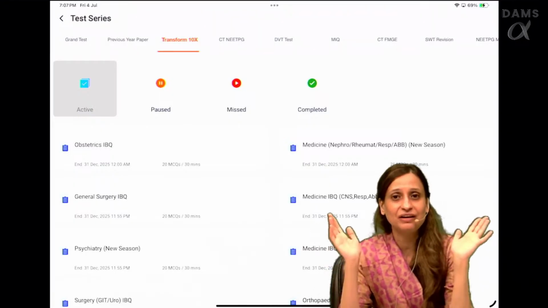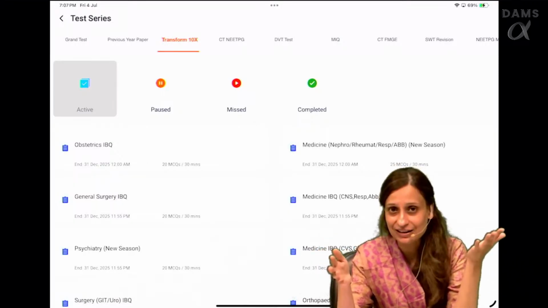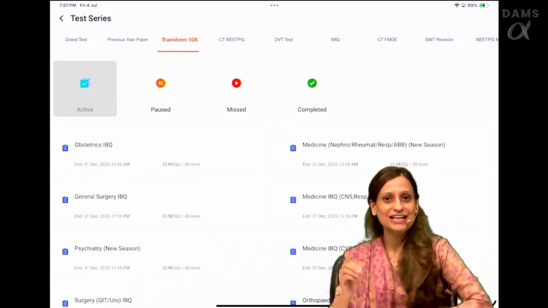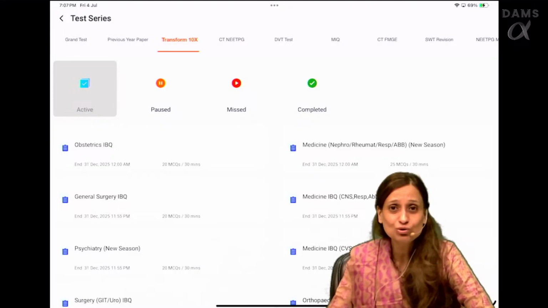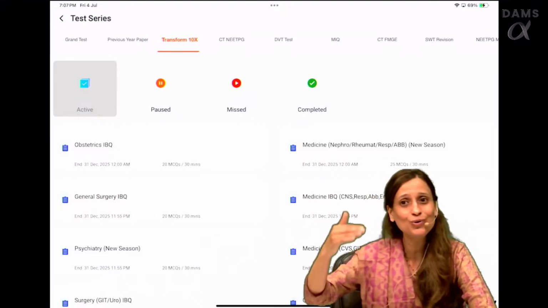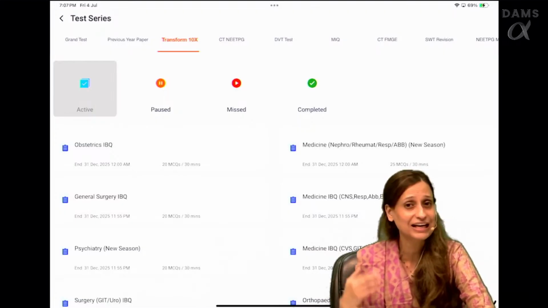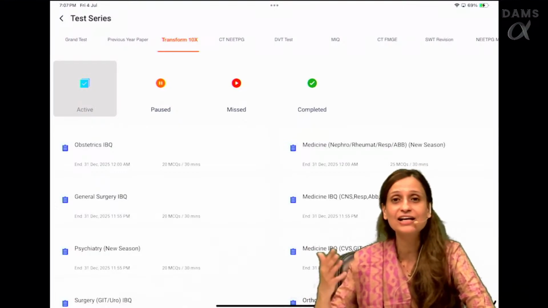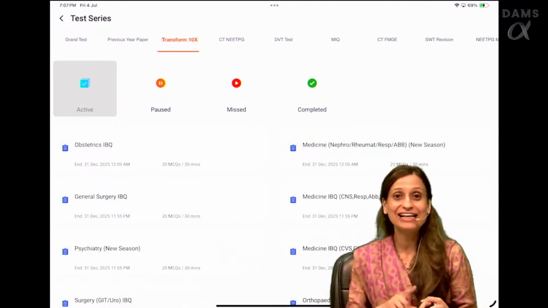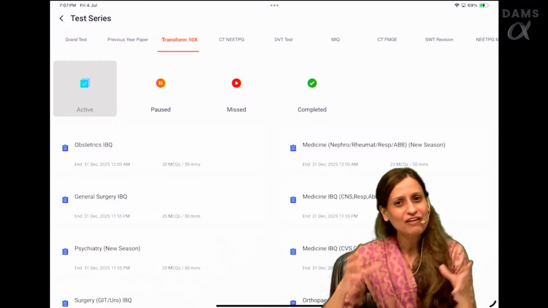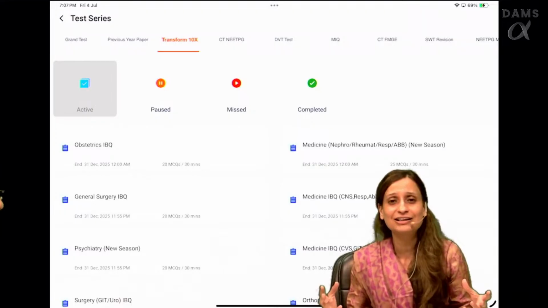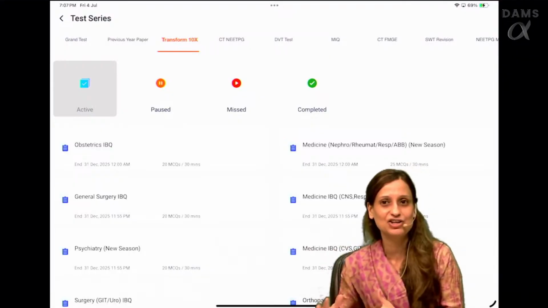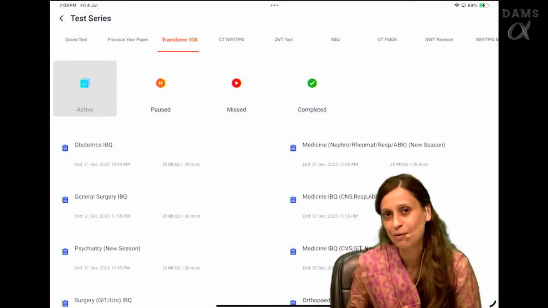Currently for NEET PG, we have unlocked the Transform 10x mini test. We are giving it as daily targets on our Telegram channel. So, you see the target and anyone can come to this section of the test series and you will have all the tests under this free. It's not just one. It has so many Transform 10x tests in various formats. You will get IBQs, you will get clinical vignettes, various types of questions, like maybe you needed a test paper only on emergencies, maybe a test paper only on surgical classification. So all those special ones are available in the Transform 10x series.